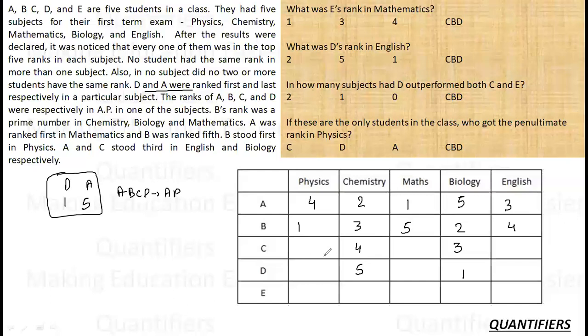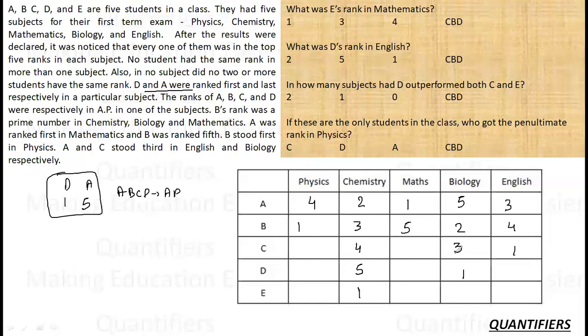Okay. Now where can C get 1? See, 1, 2, 3, 4, 5. Then 1 must be here, because column 1 has to be filled. So now only this row doesn't have a 1. So where can I put 1 over here? I cannot put it here, cannot here, cannot. 1 can be put here. So this also made my life easier.